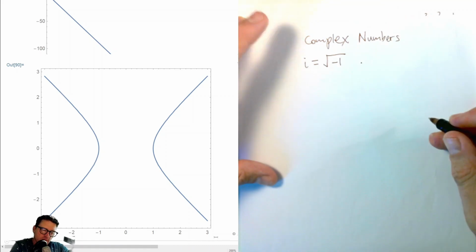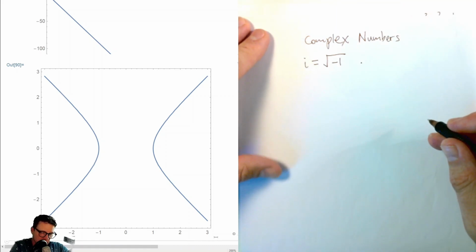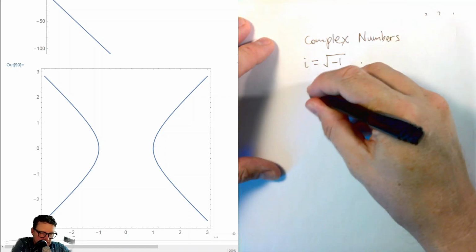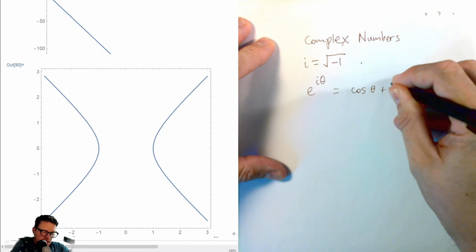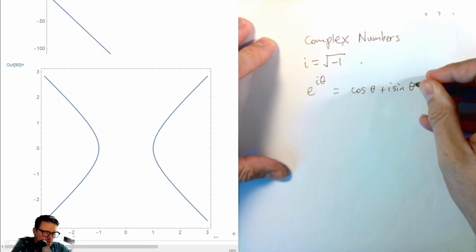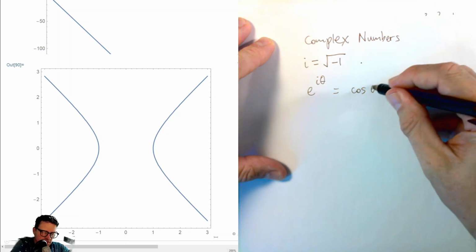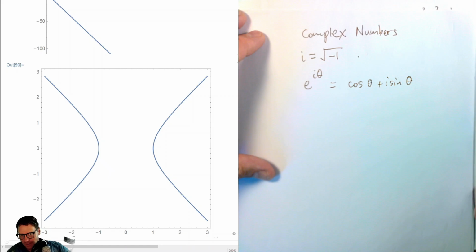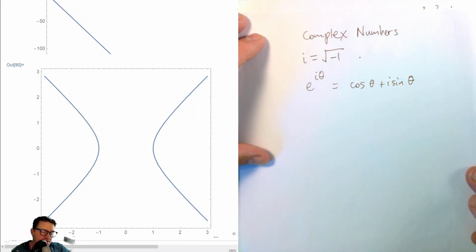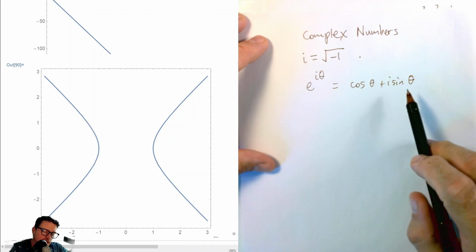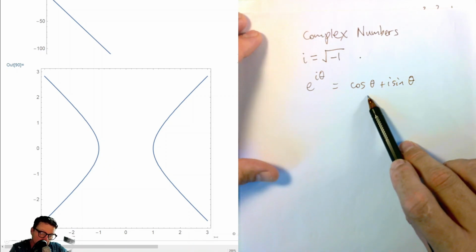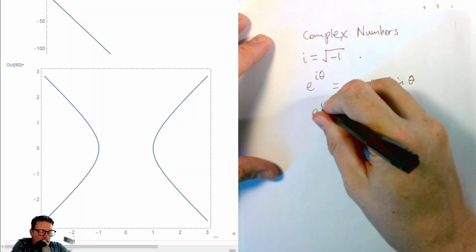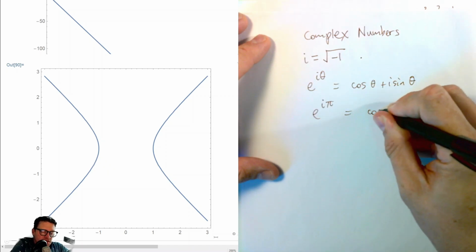Okay, but there's this nice property relating i to e and pi, and so that is e to the i theta is cos theta plus i sin theta. And I'm pretty sure this result is due to Leonhard Euler. Okay, so that if you take theta equal to, let's see, what do we want? We want this one to be 0, this one to be minus 1, so that would be pi. Okay, so e to the i pi is cos of pi